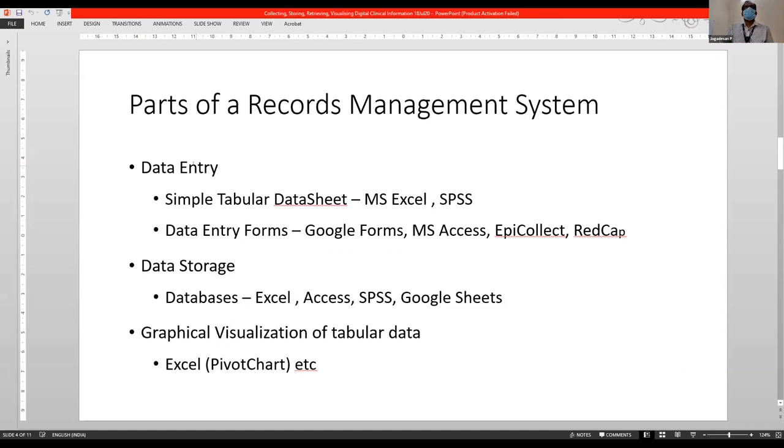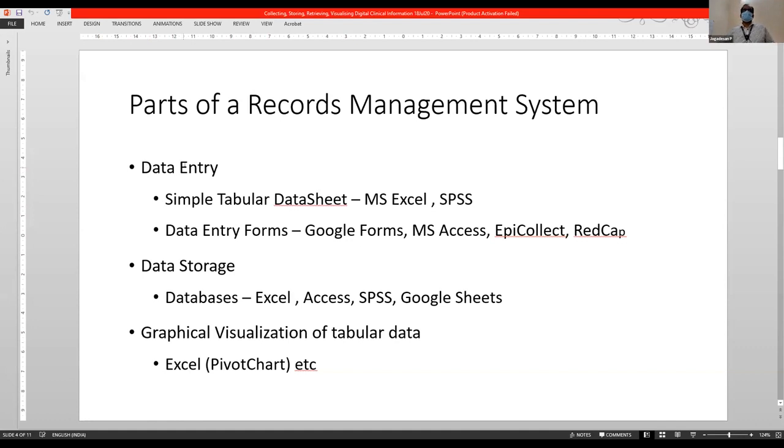So data entry, if you want to compare it with the traditional way of doing things, or what most residents do, or most even consultants do, is we record the information, we collect data entry, and we store it, and we also create charts in one and only MS Excel, Microsoft Excel. That is in fact very good for doing all this in one place. But when we separate the concerns or the aspects of different functioning in a data monitoring setup, we are able to perform better. So how do we perform better?